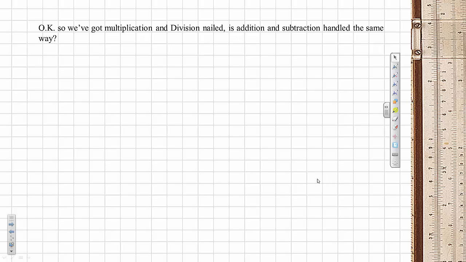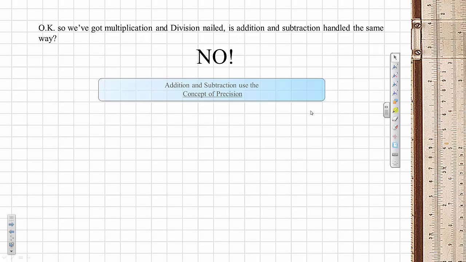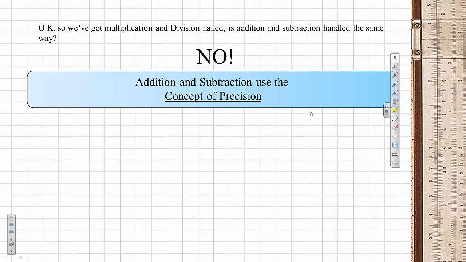So we got multiplication and division nailed as far as determining sig figs and calculating. What about addition and subtraction? Are they the same way? No. Completely different concept here, just to make life interesting for you. Addition and subtraction use the concept of precision. Remember, we talked a little bit about precision ahead of time,